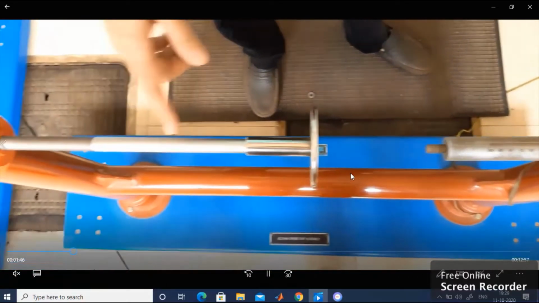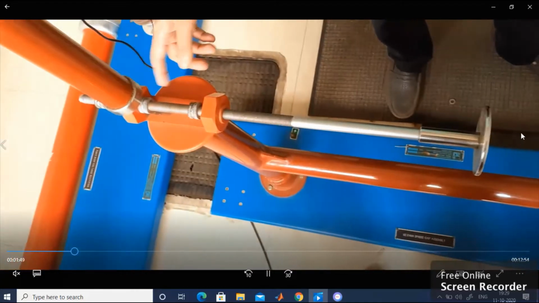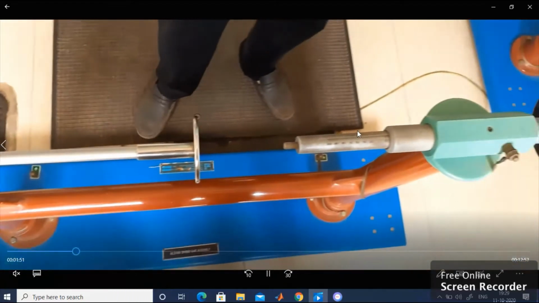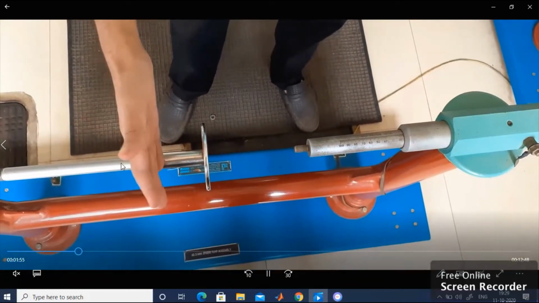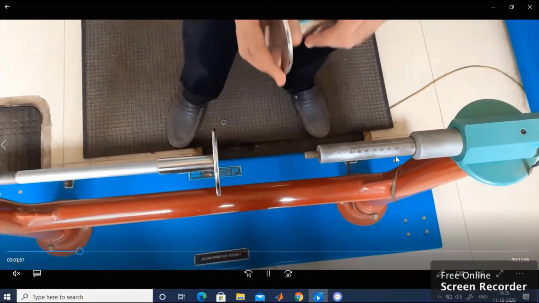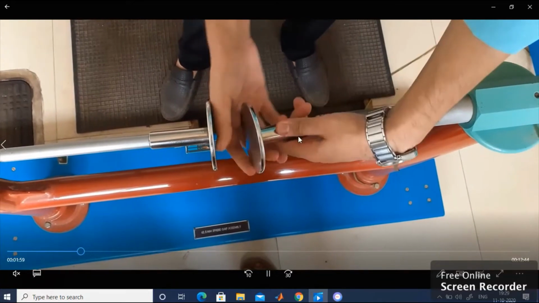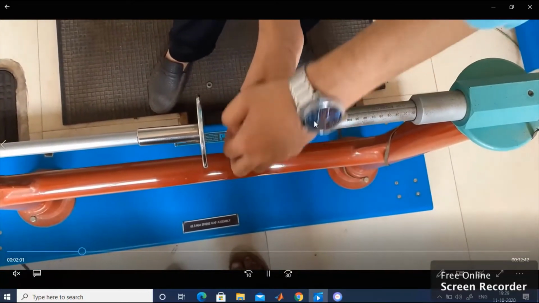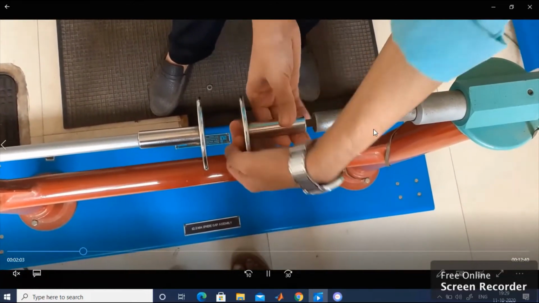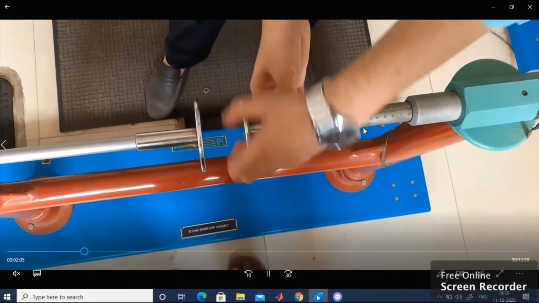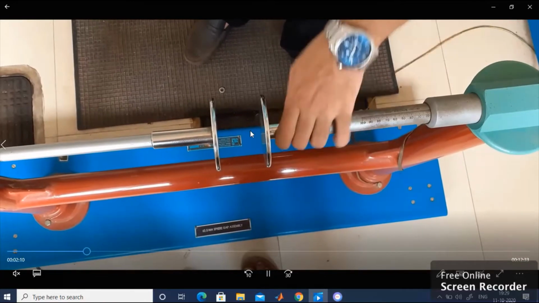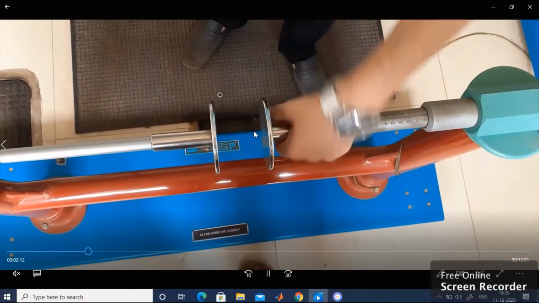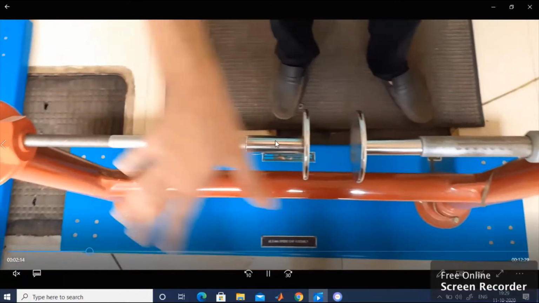So this is your arrangement. You are going to place your configuration in this particular area. This segment is known as the movable area, movable section. This will be the fixed side and movable side. I'll be placing a plane electrode at the movable part. So I'm going to fix it first. You can observe. Make sure that it is good enough to hold.